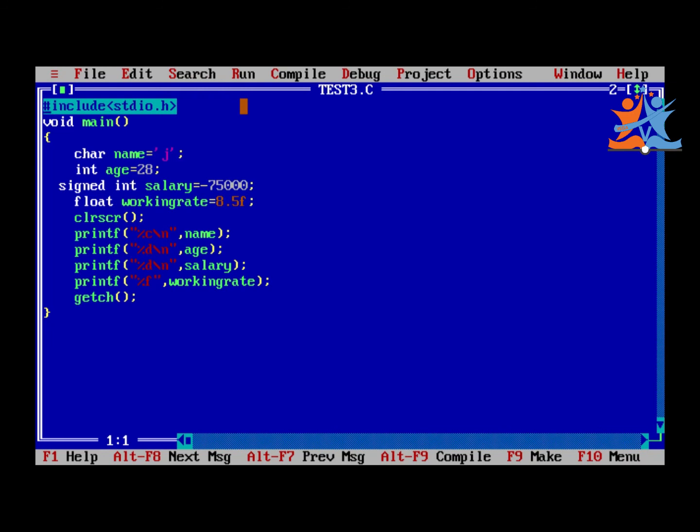Nothing but signed int salary. Whenever we assign a minus value, the same occurrences as an int. So this is the way we have signed, unsigned, long and short. So this is the example for supporting data types.